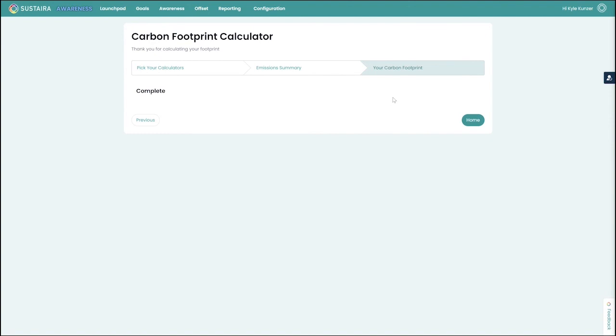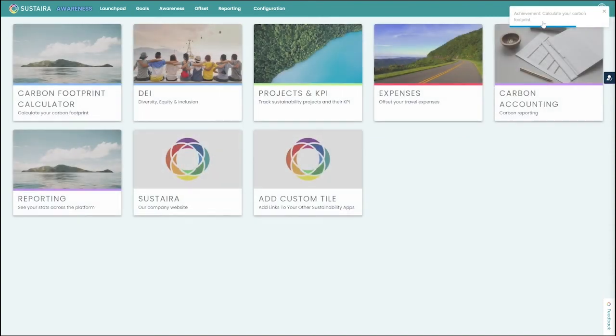One other quick note, when I click the home button, which will take me back to our Launchpad, you see up here in the right corner that I also receive an achievement for calculating my carbon footprint. This is part of our gamification module that is meant to drive employee engagement across the platform. So be on the lookout for other pop-ups like that are designed to engage your employees as they navigate the